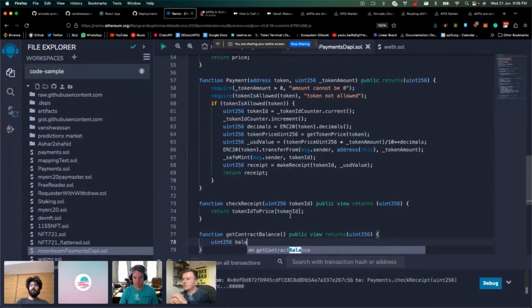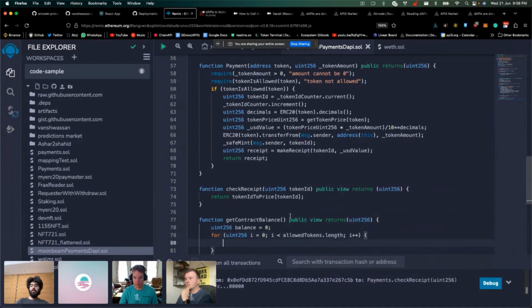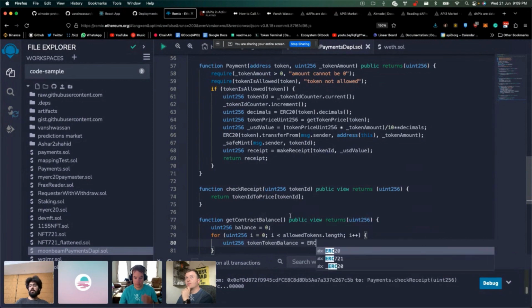So let's make uint256 balance equals 0. We can just run a for loop for uint256 i equals 0, i less than allowedTokens.length, and then increment i. Now we can add our logic. So uint256, let's call it tokenBalance, equals ERC20. So now we're going to loop through all the allowed tokens and see the balance of this contract, like how many allowed tokens does this contract hold. So allowedTokens[i]